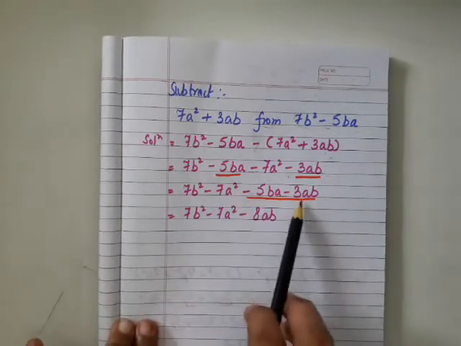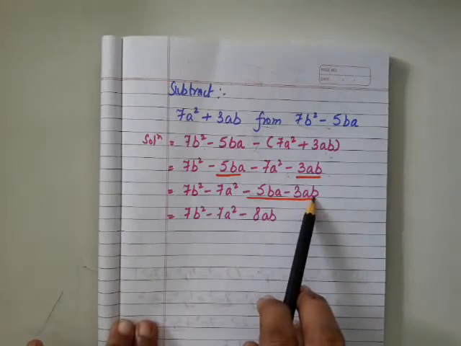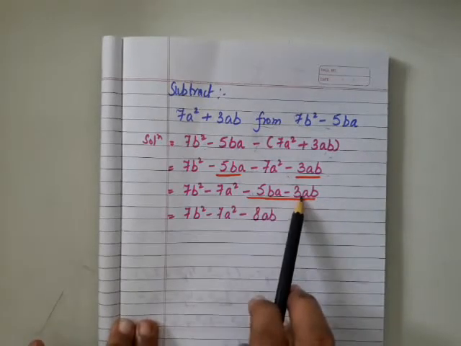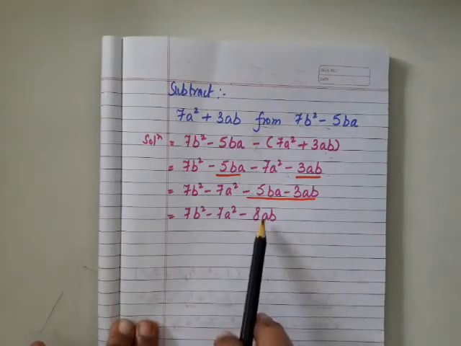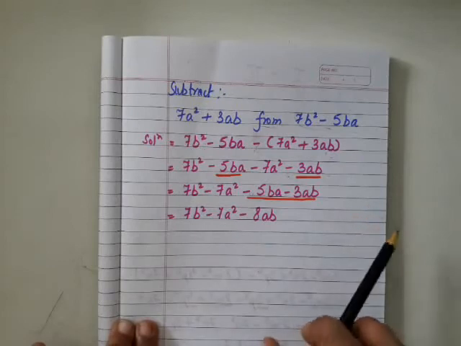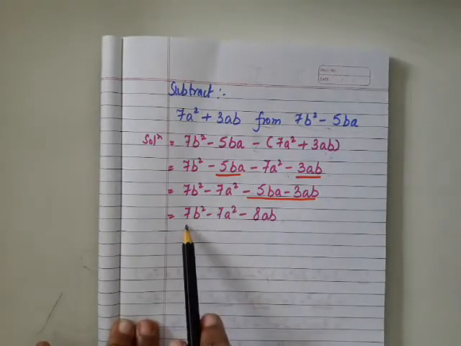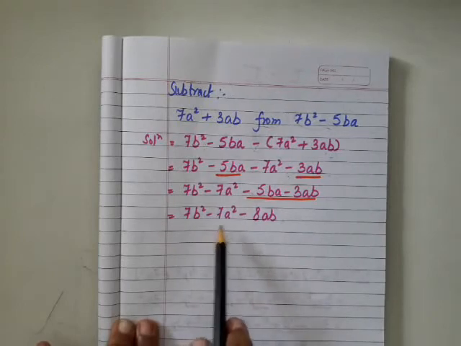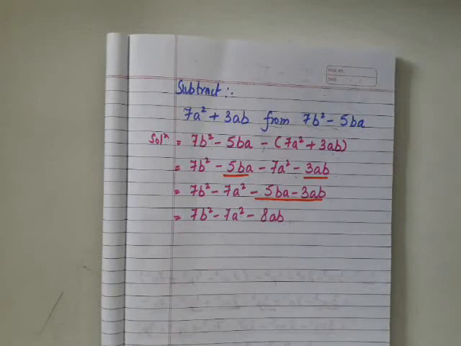Now minus 5ab and minus 3ab. Now minus minus, as they are like terms, they will be performing an operation on it. Minus minus is plus. 5 plus 3 is 8. 5 is greater, so minus sign. So minus 8, either you can write BA or you can write AB. Both of them mean the same. Even the order in which you write, if I write minus 7a square plus 7b square minus 8ab, still the answer will be same. The order in which you write does not make a difference in the answer.